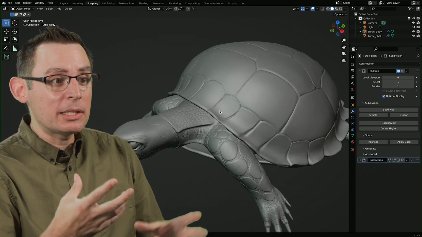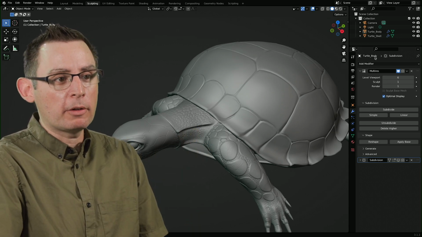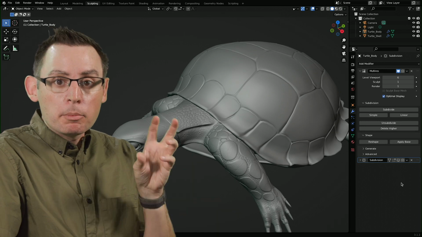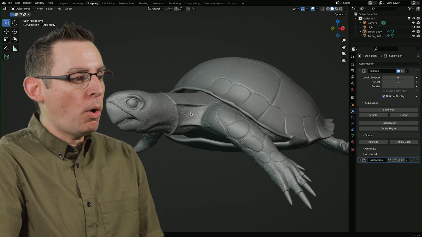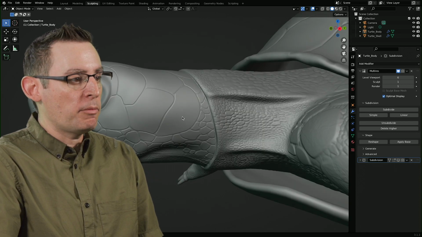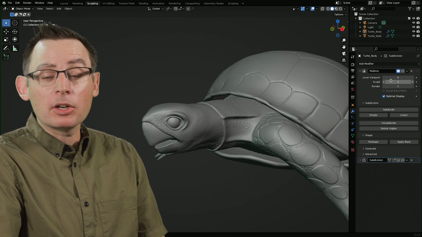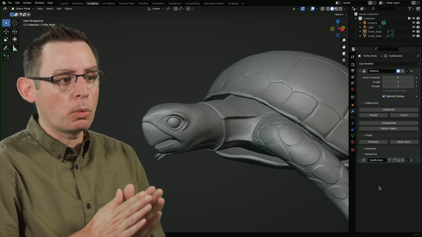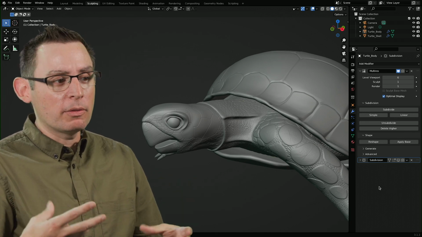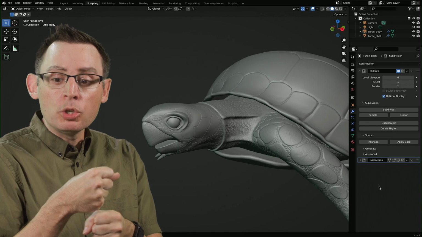However, we can very easily distill and bake down all these modifiers through the application of these modifiers in our pull-down menu over here and preserve all this wonderful information in true polygons. Right now, all these polygons that have been added to produce all these details are coming from the magic of our subdivision surface and multi-res modifiers. They are a beautiful addition to our workflow, one that we're going to take advantage of to produce the illusion of high-quality models with low geometric cages.